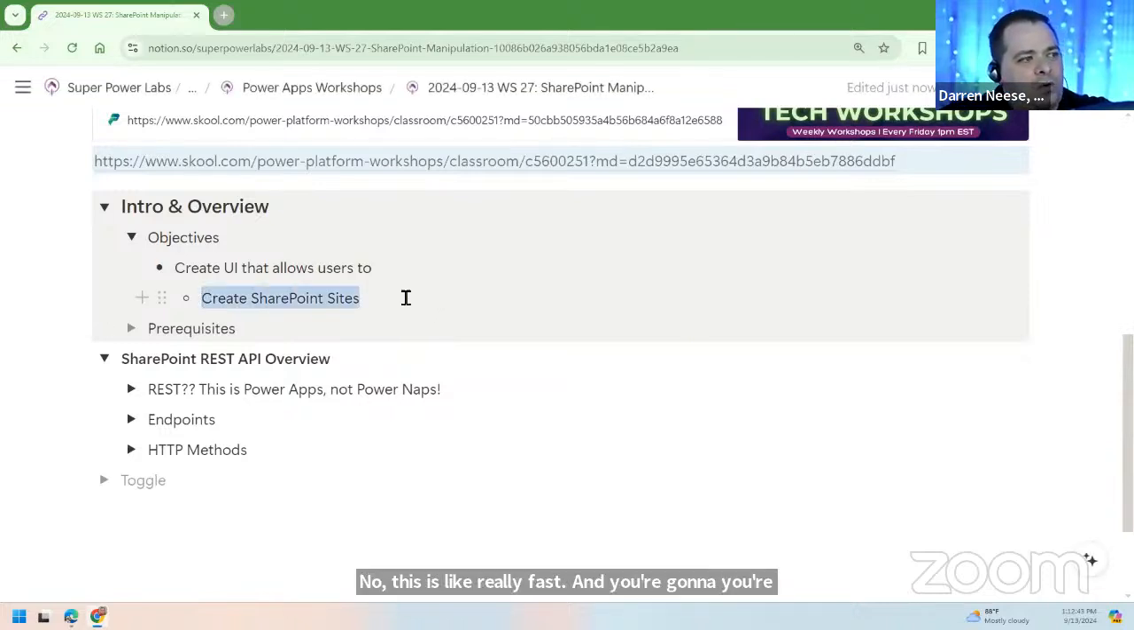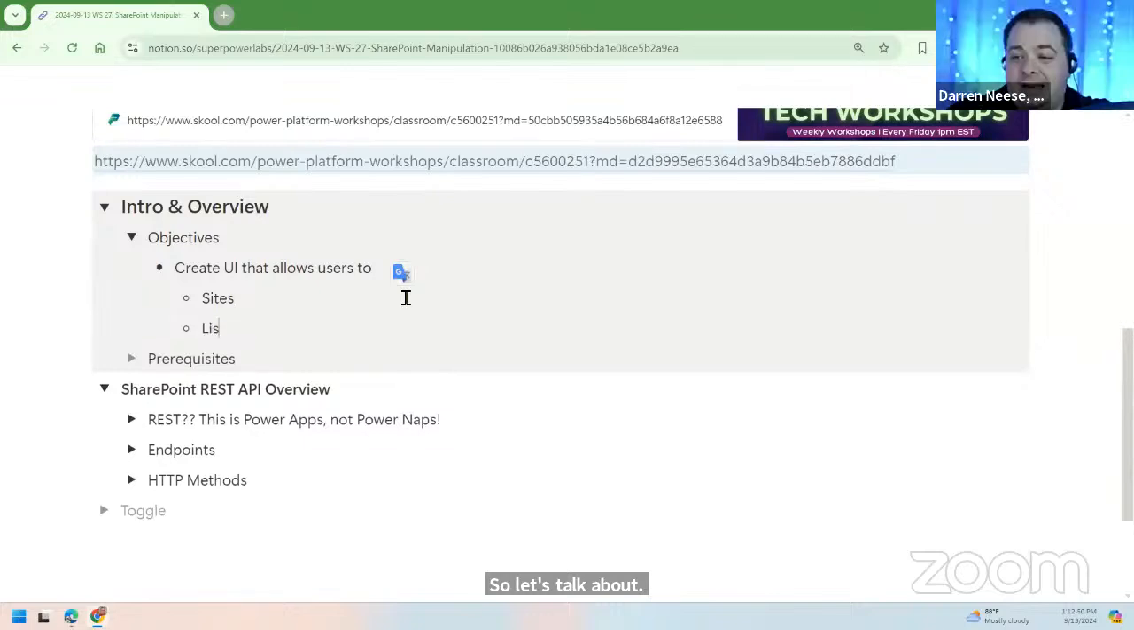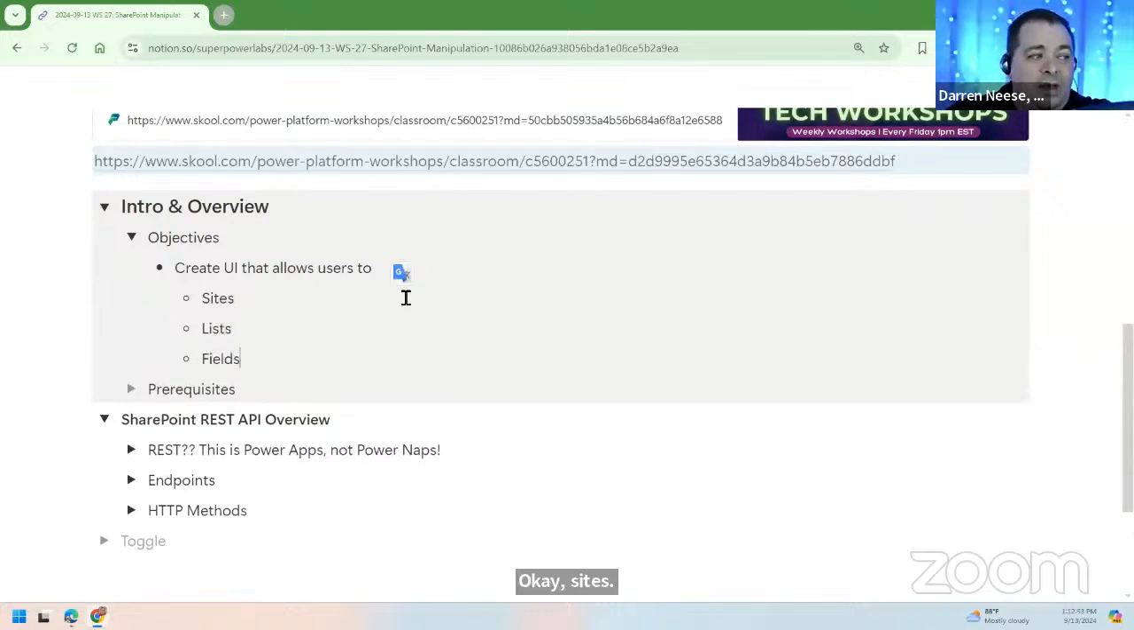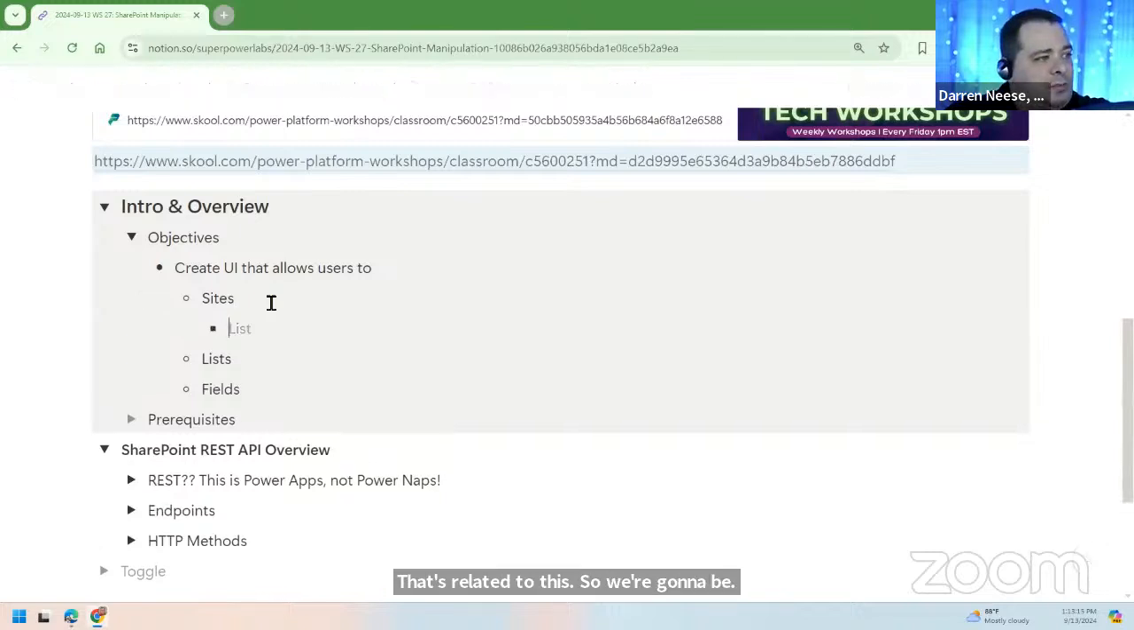So let's talk about sites. We've got lists and we have fields. Now, if you guys have ideas, these workshops are very interactive. So if you have any input, I mean, we're going to stay on topic of the SharePoint manipulation, but if you have something that's related to this, so we're going to be listing sites. So I want to put that down. We can list all sites